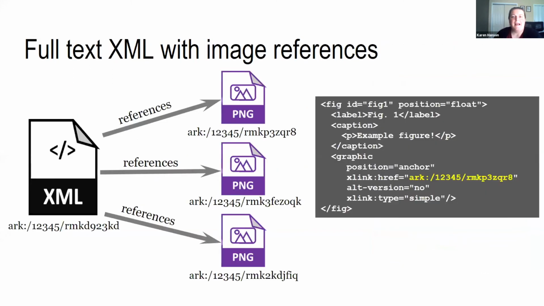So here's a tangible example of how we use them to support the expression of a package. When a publisher provides full text XML for an article, we normalize it to a format called JATS, which is an NLM XML format for articles. And when we do this, we take out the references that the publisher puts in there, which usually point to their local drive or a URL on their website. And we replace those with ARK IDs, so there's no ambiguity about what belongs at that point in the article.